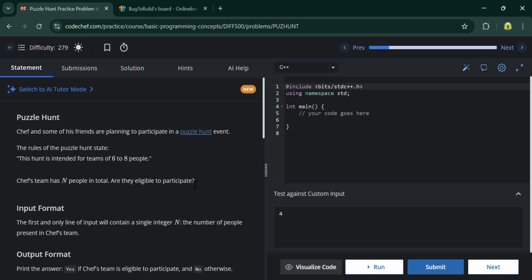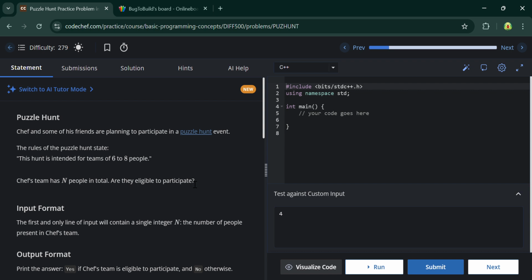Let's continue our CodeChef series, and now we have to solve one more question on a less than 500 rating question. So the question is Puzzle Hunt. The chef and some of his friends are planning to participate in a puzzle hunt event. Okay, so there is a story that the chef and his friends are planning to